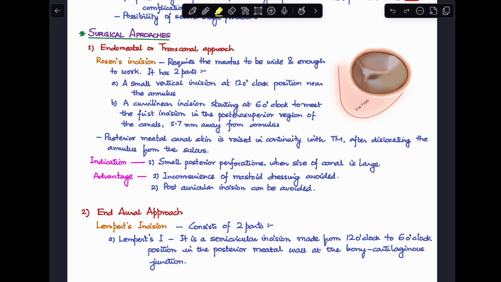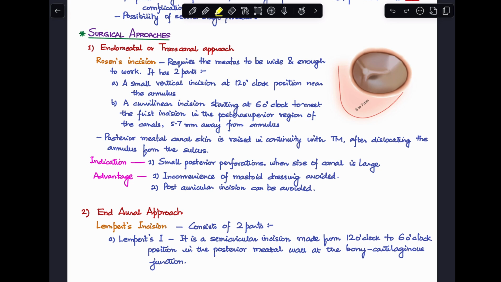Today I'll be finishing the topic of tympanoplasty. In my previous video, I discussed the different definitions involved in tympanoplasty, a little bit about the physiology behind tympanic membrane perforation, the different types of tympanoplasty, the grafts we use, the indications, contraindications, and prerequisites for surgery, the goals of tympanoplasty, and we ended with the preoperative evaluation of the patients.